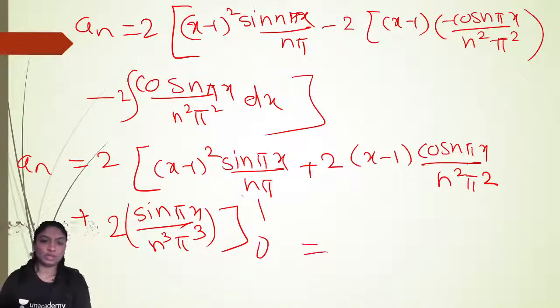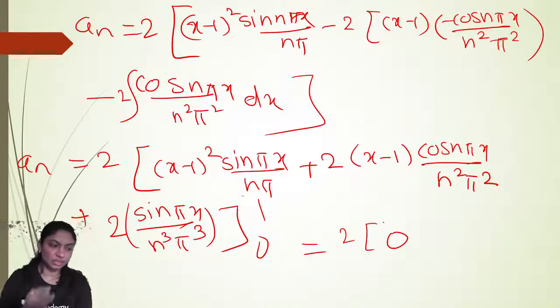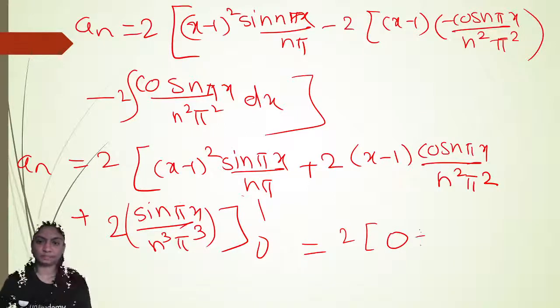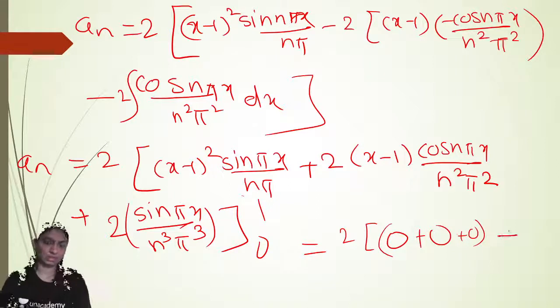From 0 to 1. Now put the value x is equal to 1. So 1 minus 1 is 0. So 2 into bracket here is 0. Right? So 2 into bracket 0, minus, plus. Again here is 0 plus 0 minus. Here is also 0, sin n pi is 0. Okay. Now next is